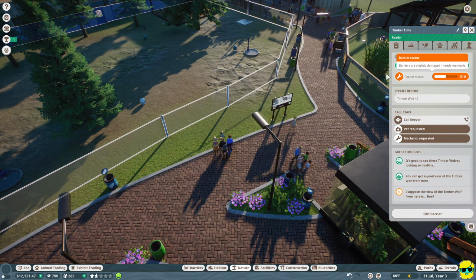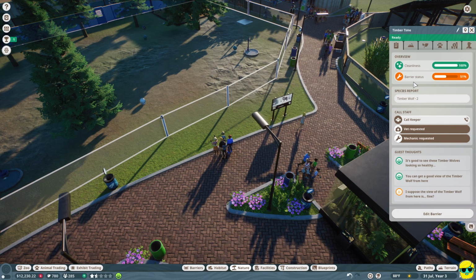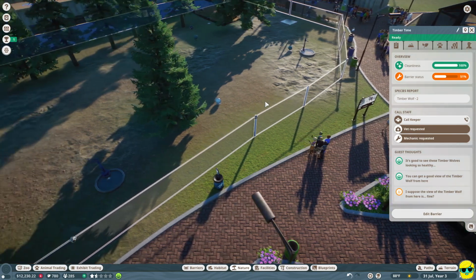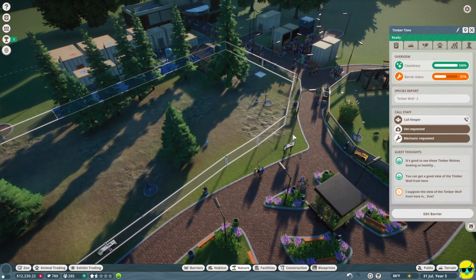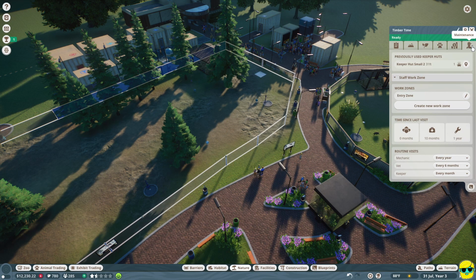Now, you'll see that... Okay, I'm going to pause it. The barrier status is low. Like, this barrier is breaking. We've got to get this fixed. And that's a concern. So I'm going to go here, and I'm going to go to the maintenance tab, and